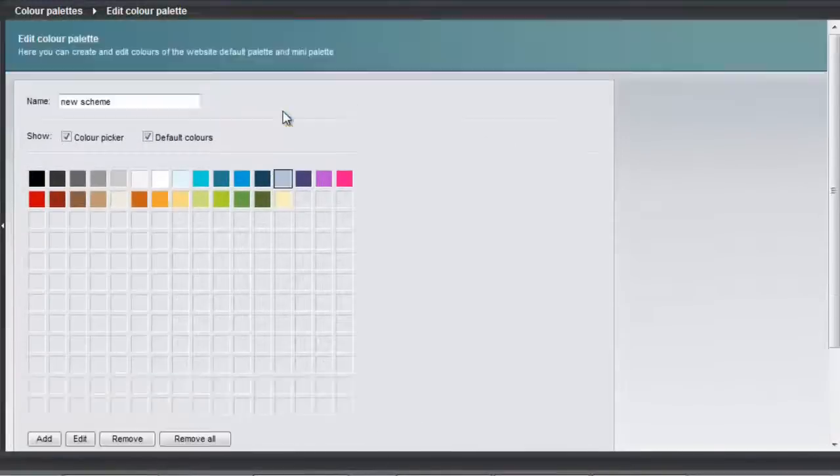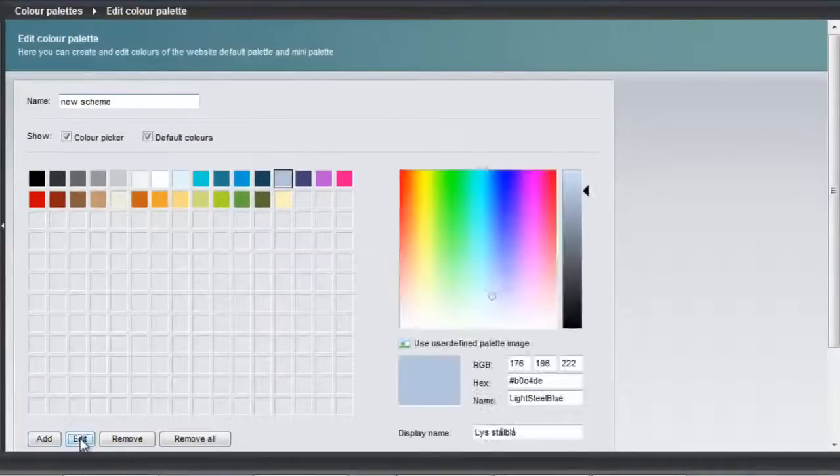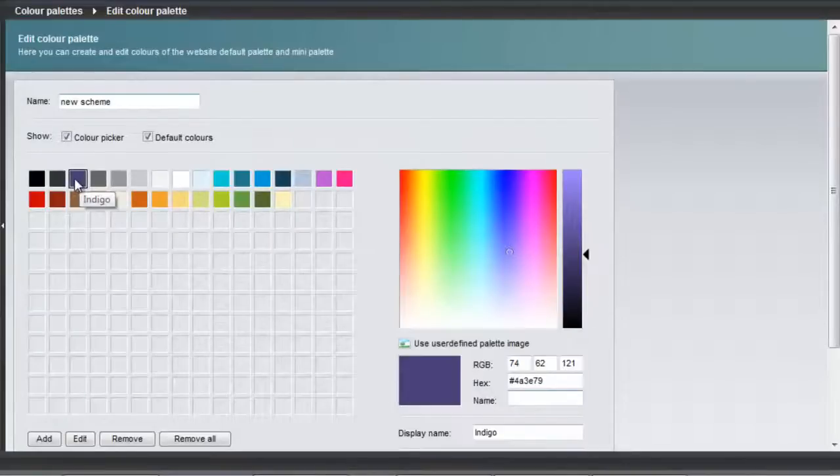To edit a color, I have to select the color and then hit Edit, or simply by double-clicking on an existing color swatch. To reorder, I just need to drag and drop a color to that slot where I'd like it to appear. I need to position it right over the slot and wait for the other swatches to reposition themselves, and then release.